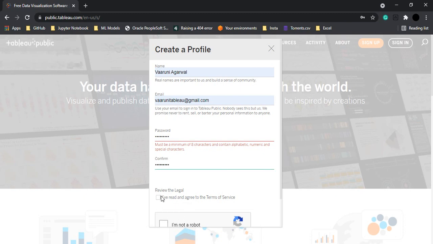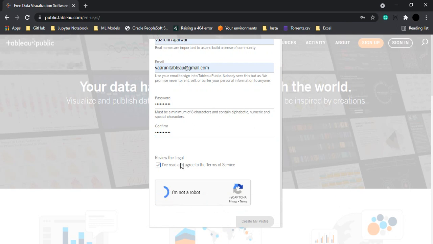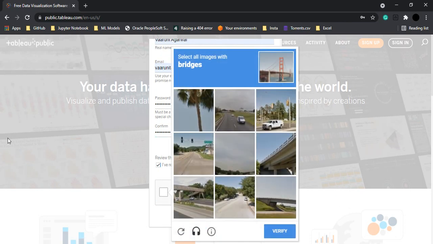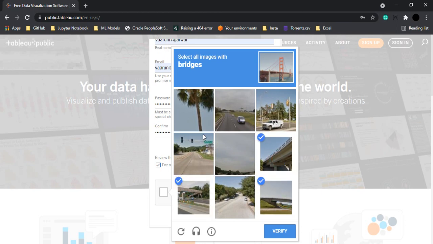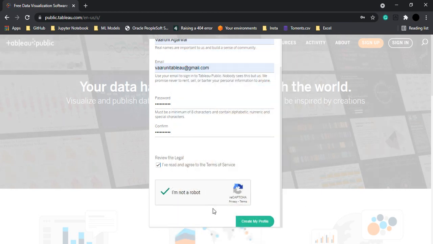And yeah, one more thing. Okay, and agree to the terms of service, agree to this captcha. We want bridges, so you've got to solve that as well. Click on verify and create my profile.